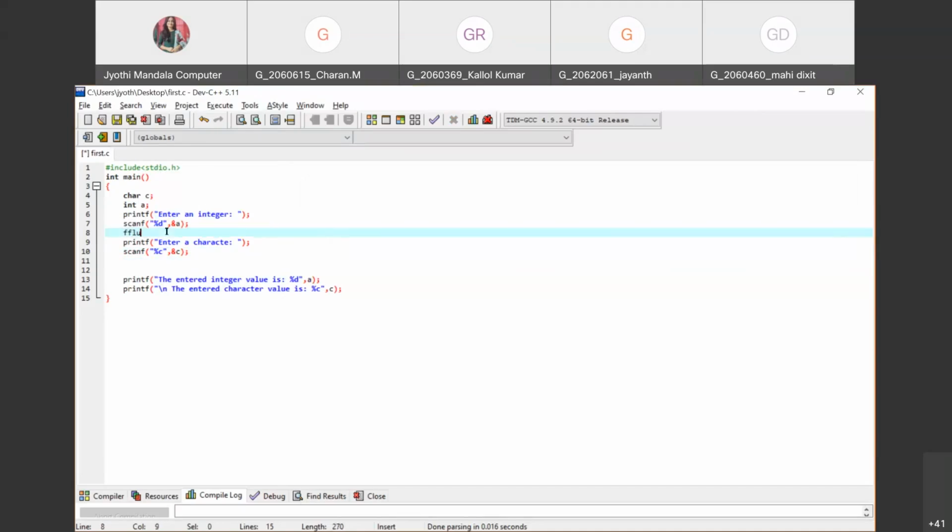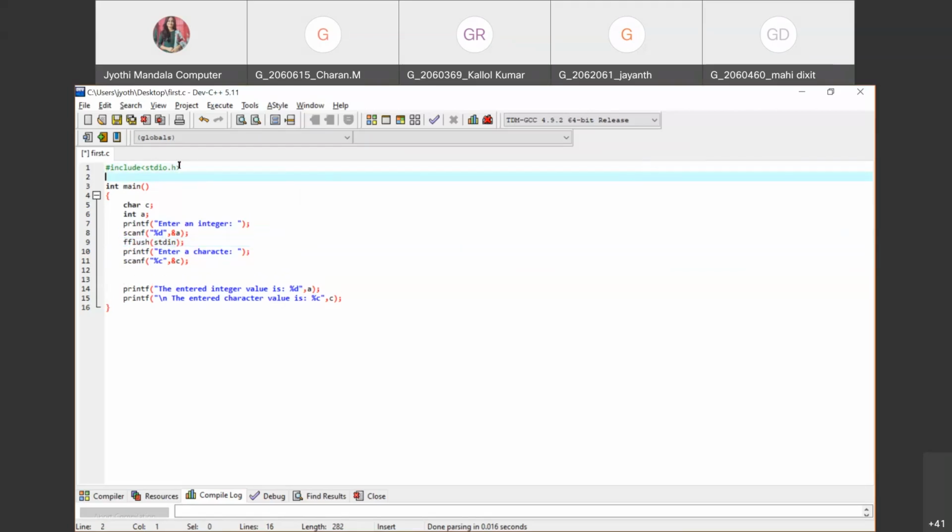So simply use the syntax of fflush and write stdin, because we want to clear the input buffer. So you write like this. Whenever you want to use fflush, I told you, you need to include the header file, hash include stdlib.h. The header file is required to be included.